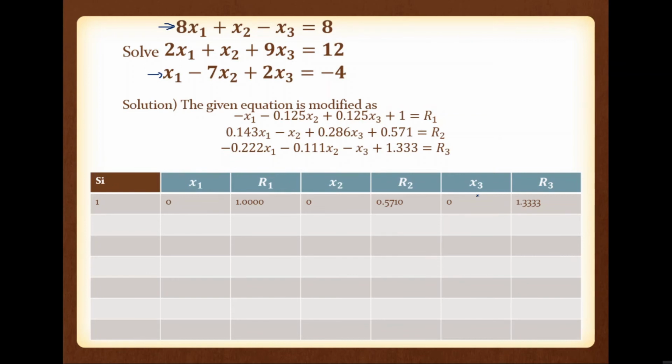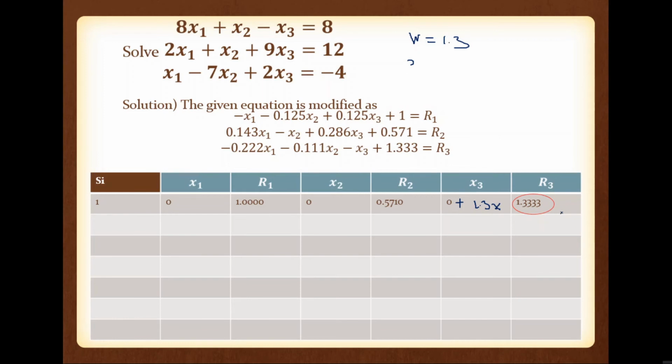So now, which one is the largest one? Magnitude point of view, which residue has the largest magnitude? R3. That is, 1.333 is the largest residue, magnitude point of view. Right? So we have to modify X3. So I told you, take W equal to 1.3. So what is X3? We can simply add these two values. So next X3 is this X3 plus W into, that is 1.3 into 1.333.